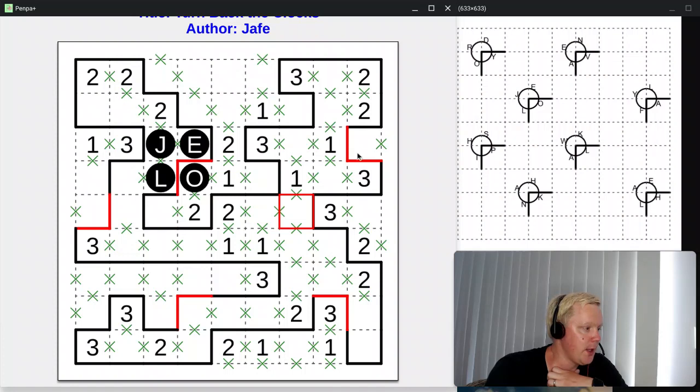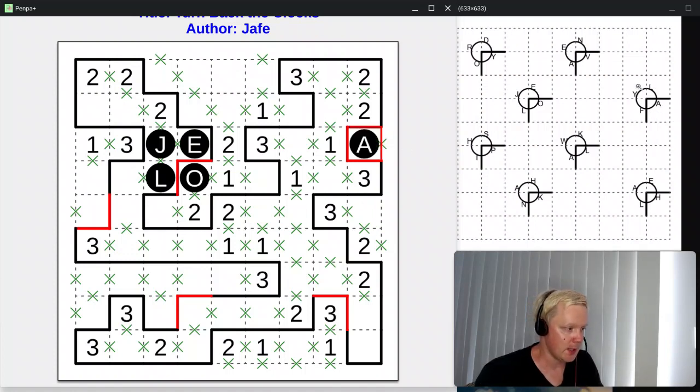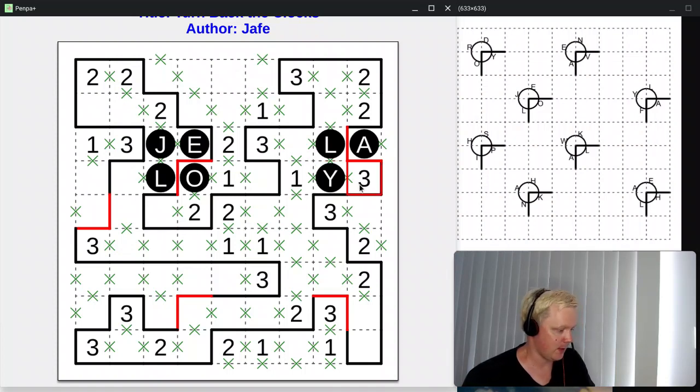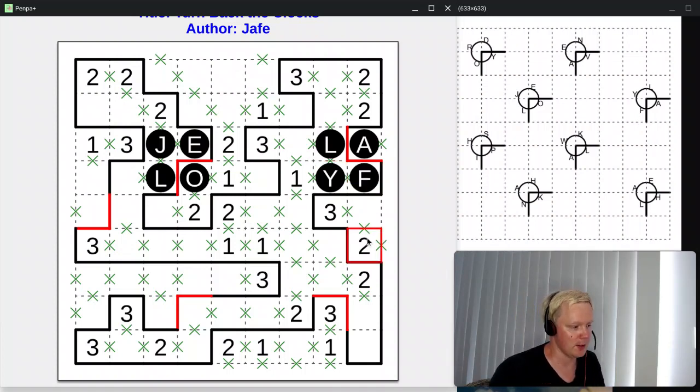Now then, this clock here, clock shape, was turned, and it was turned 90 degrees anti-clockwise. So this A is now here, this L is now here. So easy to make an error here, by the way. This Y is now here. This F is now here. It would be easier if Penpa had sort of like a mechanic for turning things, but I have to sort of keep track of